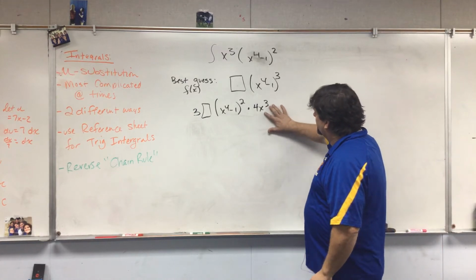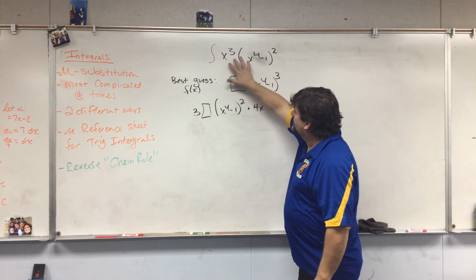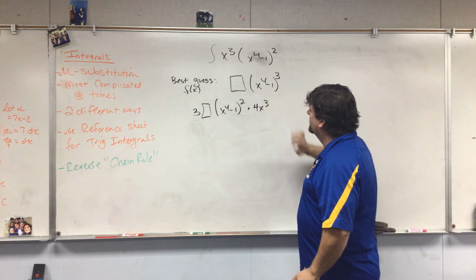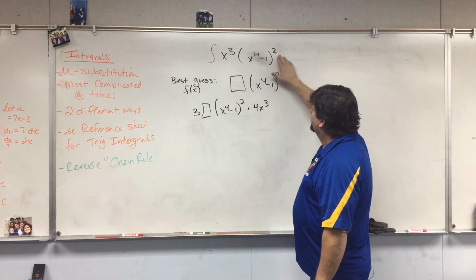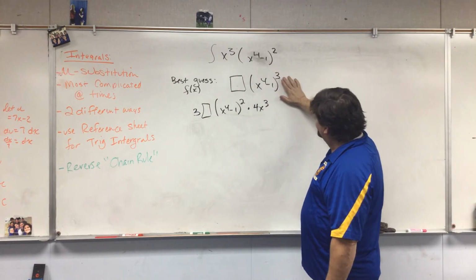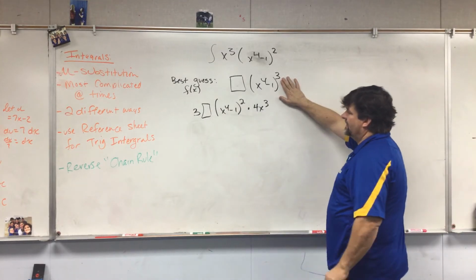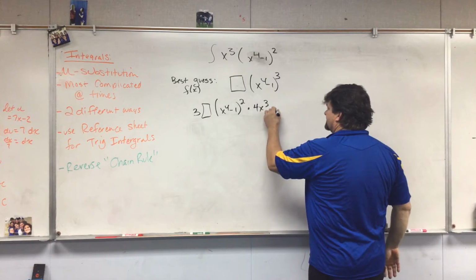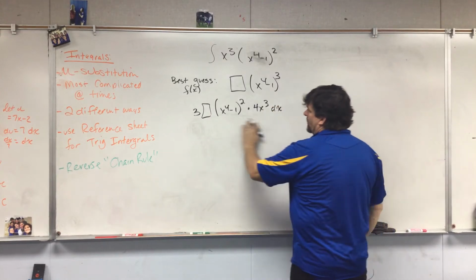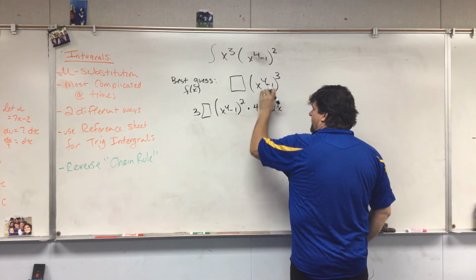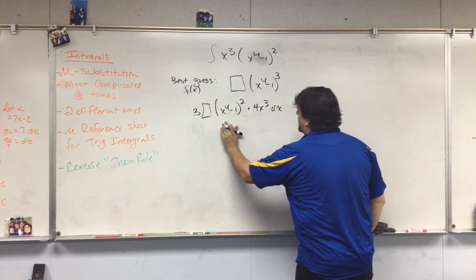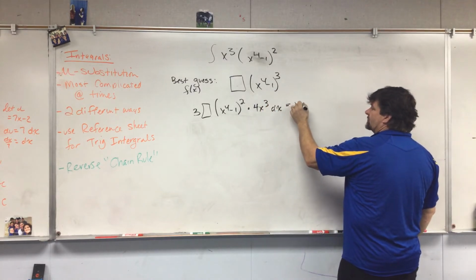I want you to notice some patterns here. Look, here's my x cubed. That's where it came from. My 2 came from the fact that I did the derivative using the chain rule property. So now we've got some pieces, and this is dx. Well, we know that this is my best guess f of x. Well, we also know that we have a true derivative